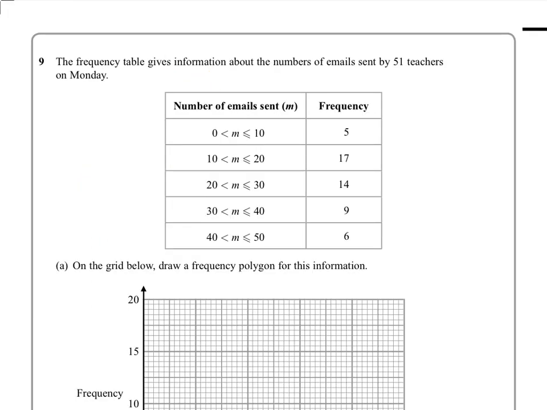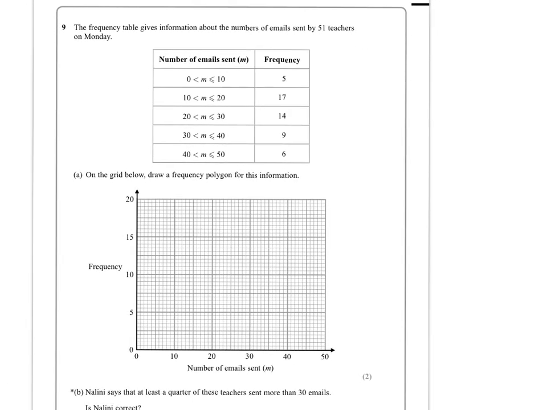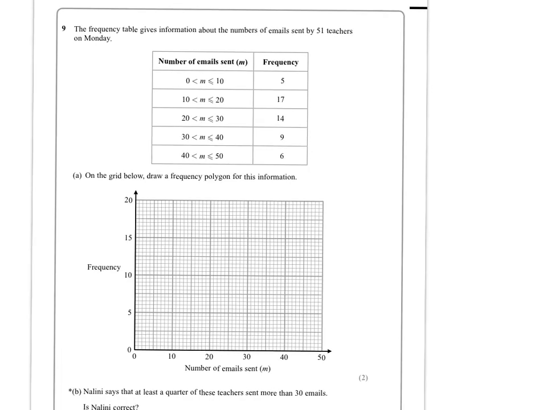This question we want to be able to draw a frequency polygon, and I've said in a previous video before that polygon just means many points, and what we're trying to do with a frequency polygon is show the frequency versus the number of emails sent in this situation. So one way of looking at a frequency polygon is to imagine you've got a bar chart. So if we were just to draw this bar chart like so,